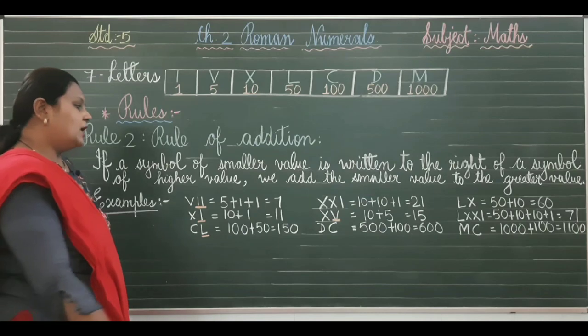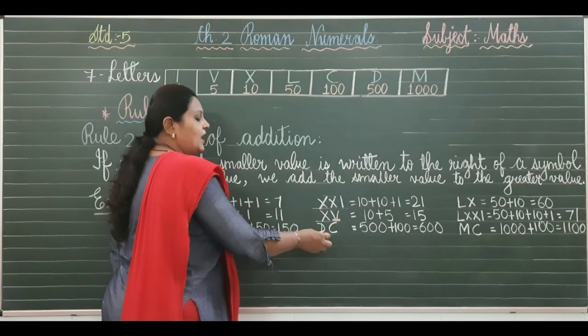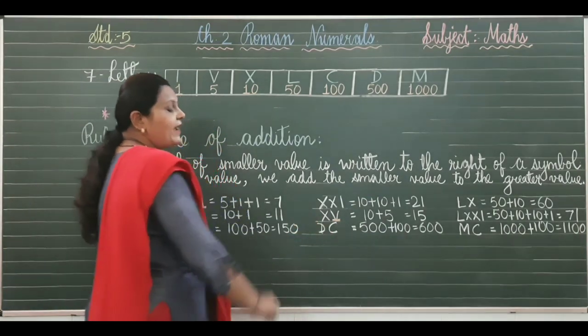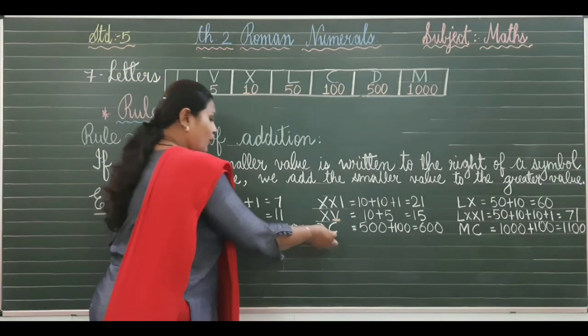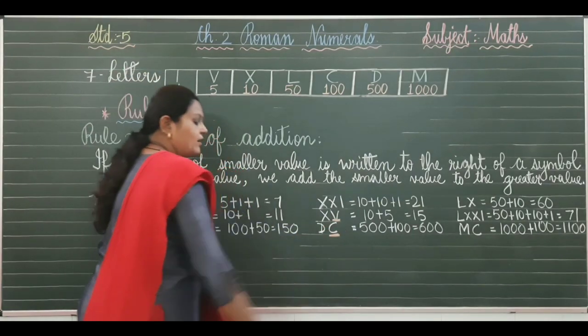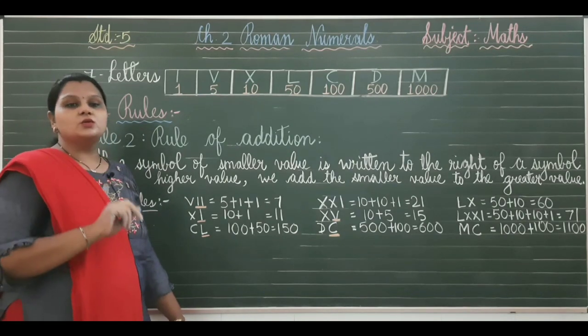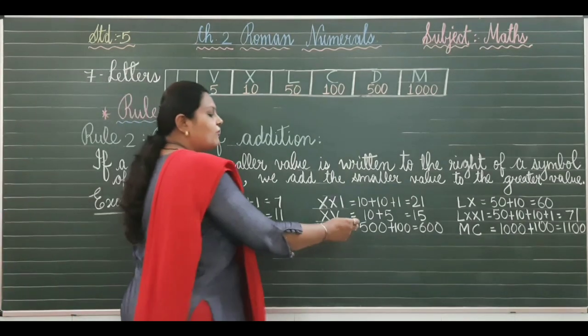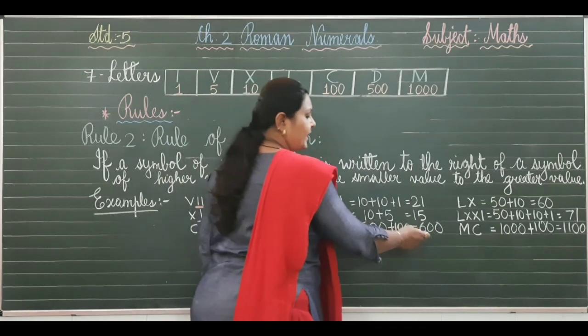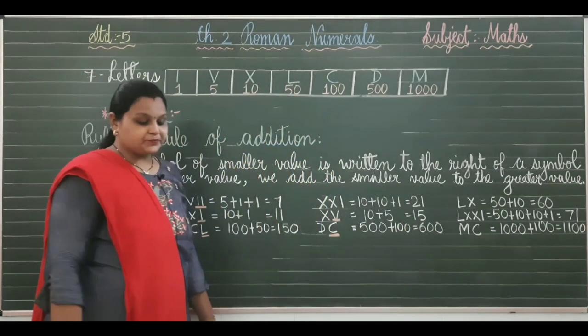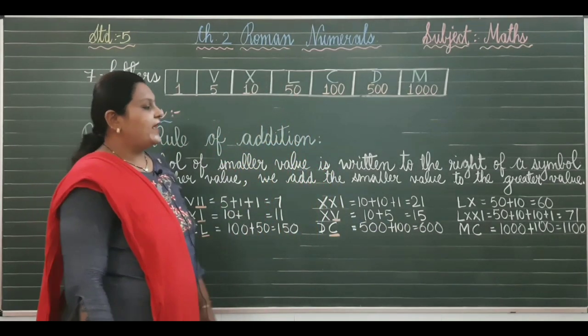Next example, DC. Now D stands for 500, C stands for 100, which is smaller. Right hand side smaller value is given, so we will do addition. So 500 plus 100, that is 600. Moving further to the next example,